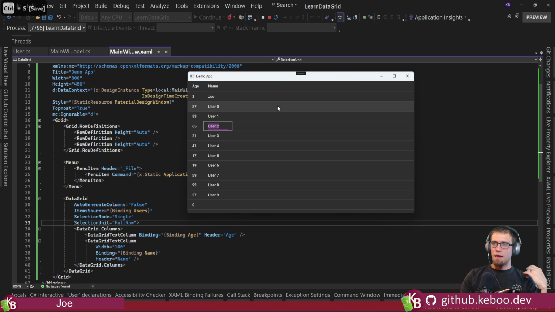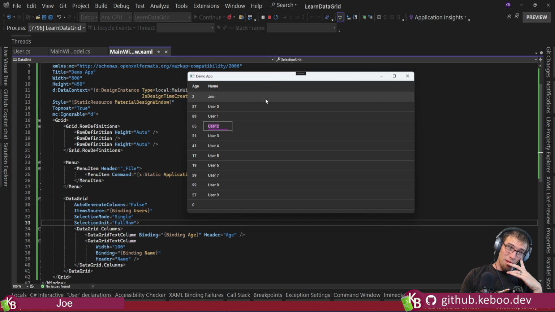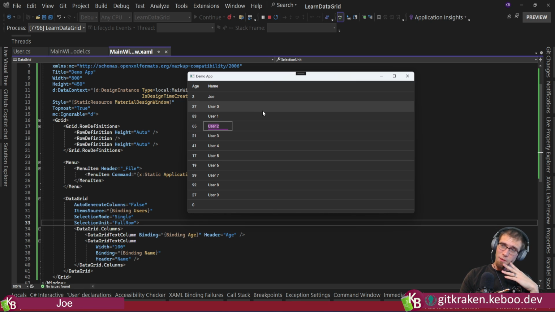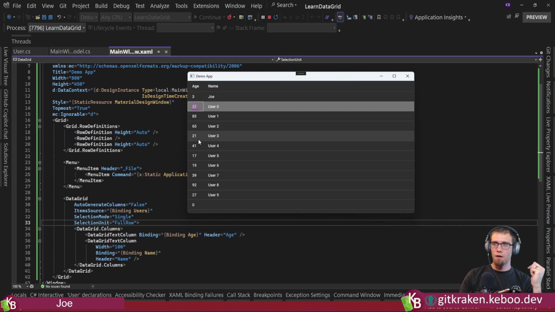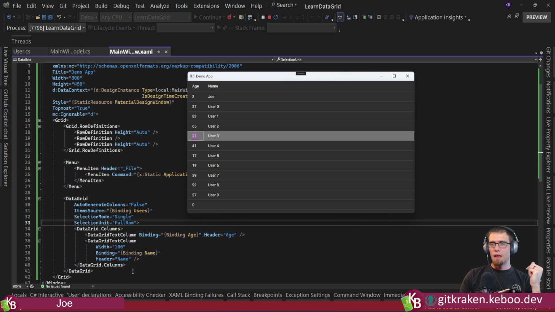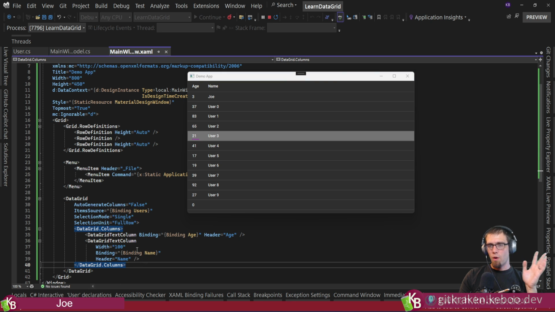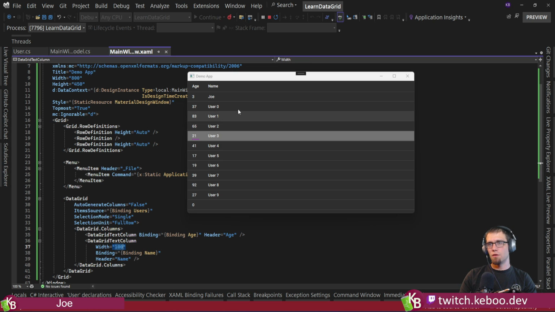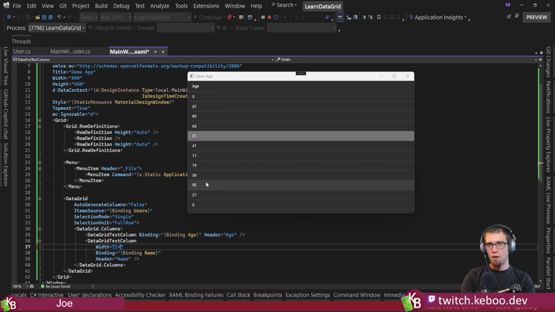So even though my highlight color, and this is probably a flaw in the material design library, makes it look like I can select the row if I click, no selectee. I have to click over here and then I'm selected. So in general, you probably want your outside column, your rightmost column, to be something like a 1 star